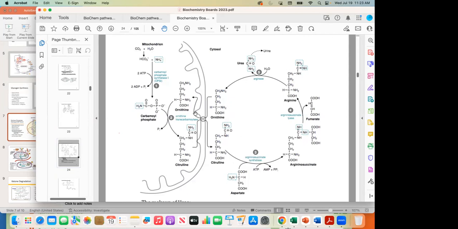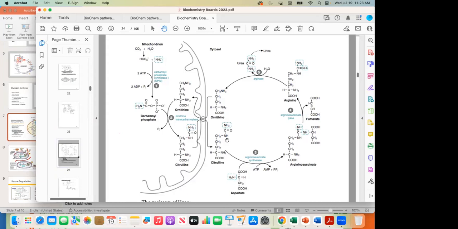This ornithine does have to get shunted inside the mitochondria to be able to be used, which is why you'll have it shunted in. It gets converted into citrulline, citrulline shunted out. So this is an ornithine citrulline exchanger. Ornithine goes in, citrulline comes out, and this process can continue. That's how this isn't fully depleted, because these are essentially exchanging one for the other. This is the step from ornithine to citrulline that most often is deficient or defunct in this pathway. So this would be an important enzyme to know.